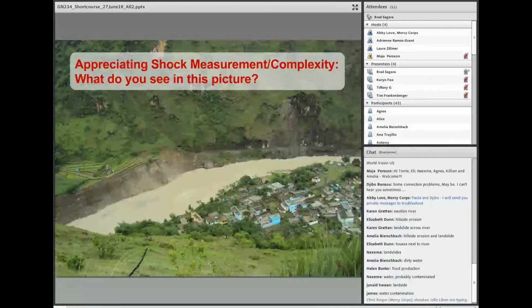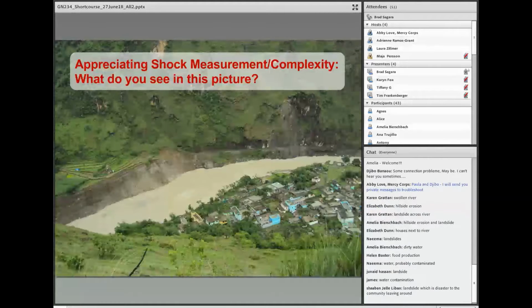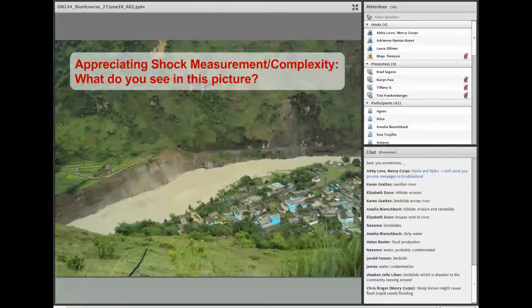Off the bank along the farming side of the river, it looks like there could have been a road or a pathway there that would have been washed out. And that could have potentially devastating impacts in the short term in terms of access to markets, access to health centers, access to education. And so the main point here is some households, perhaps the ones that are located further away from the river, maybe they don't have any agricultural production, they may not be directly affected by this flood, whereas other households might be